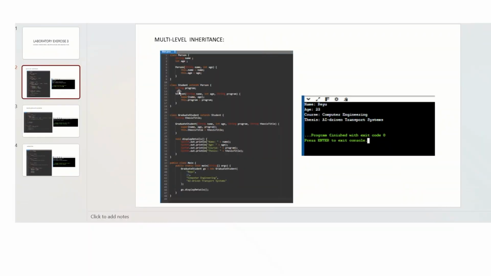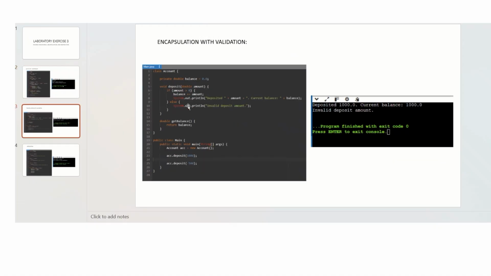So na siya variable nga string program. And then this part is a constructor, while this super name and age is iyang gi-call out ang constructor sa person. And then